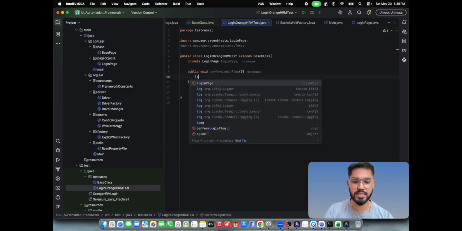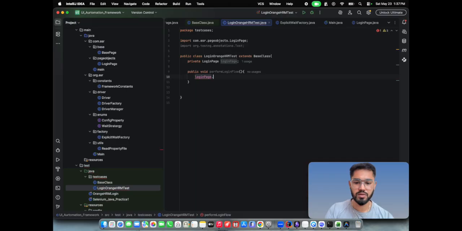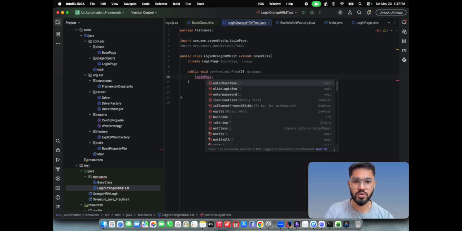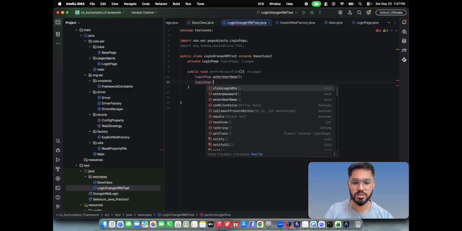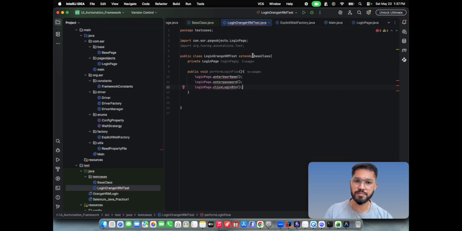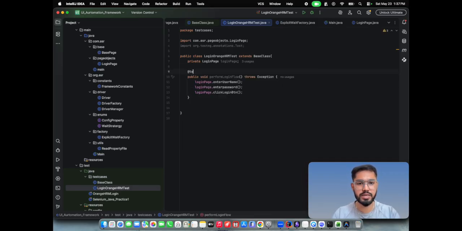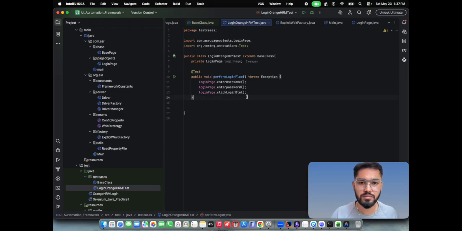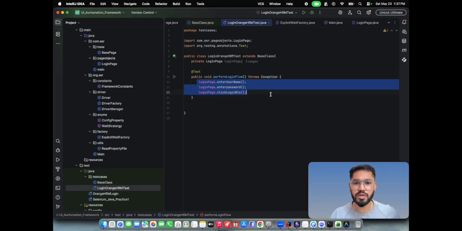and inside this I will write login page dot enter username, login page dot enter password, login page dot click on login button, and I need to add this exception here in the method. Once I do this, I also need to write a test in order to run. Opening a browser and all is carried out by my DriverFactory. So now our test class looks very clean. So if I run this one now,